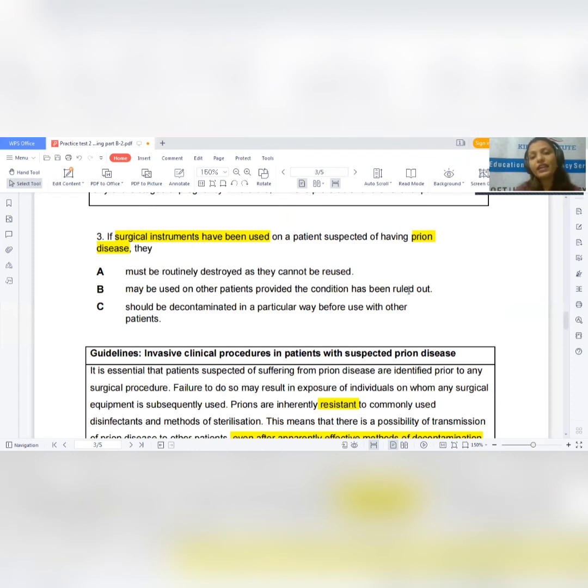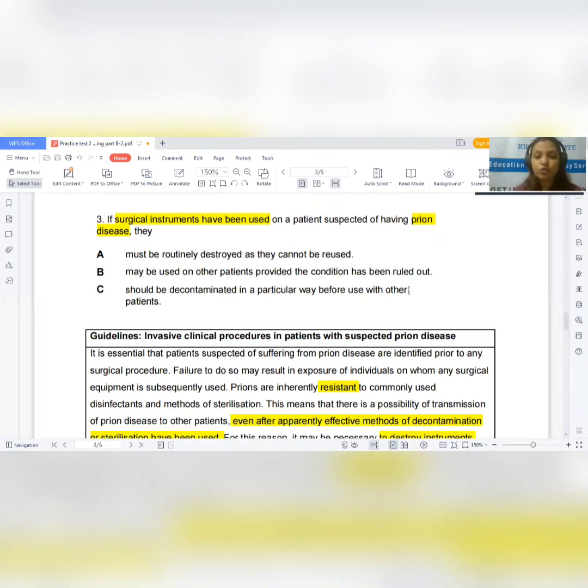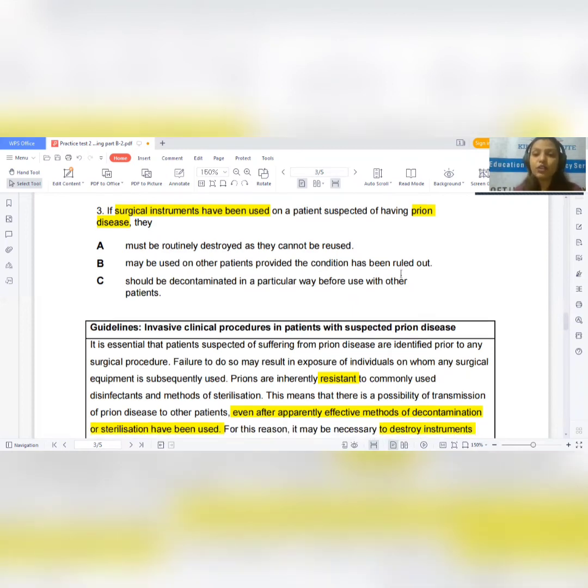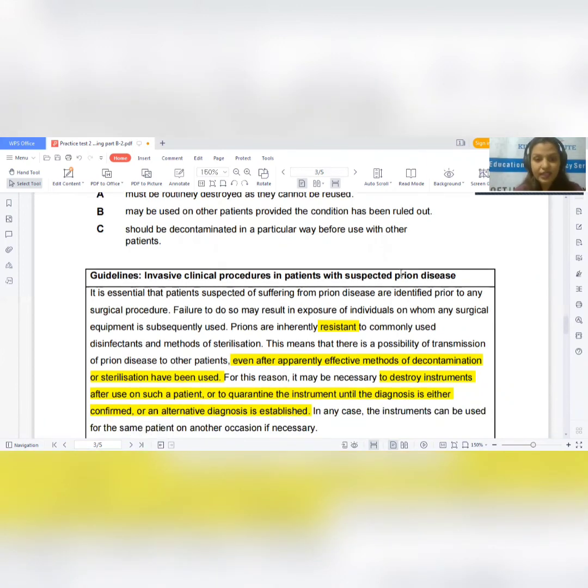Like in your writing case notes also, if you find the diagnosis pneumonia, and in brackets they have written ruled out, that means pneumonia is excluded, pneumonia is not the diagnosis, some other diagnosis can be there. But the meaning of ruled out is to exclude, to eliminate. So here now you read the option and try to understand. May be used on the patients if the condition has been ruled out. If the condition has been ruled out, it means another diagnosis is made, then we can use the instruments on other